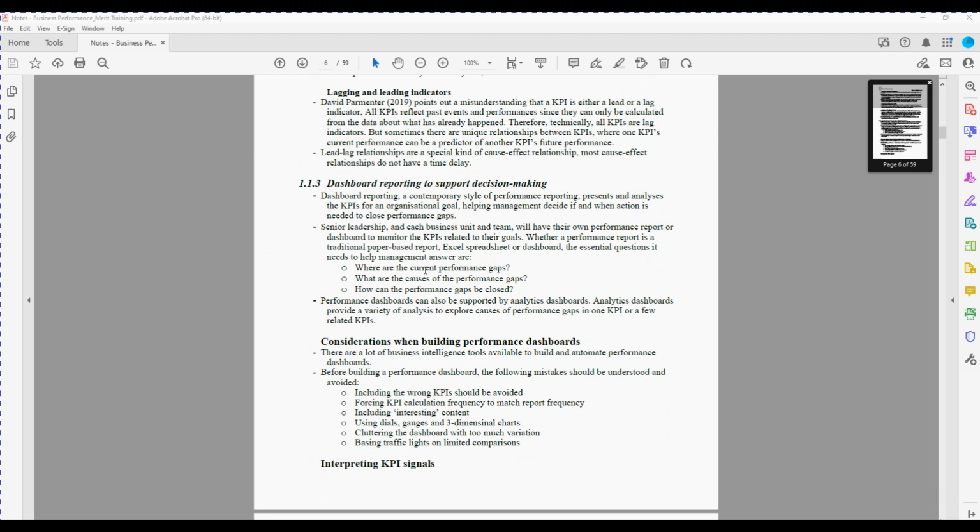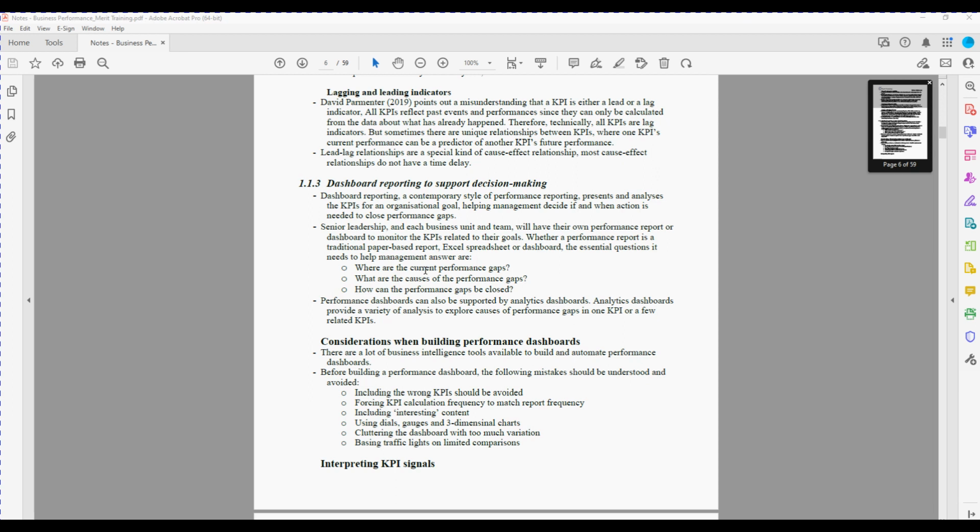So a common way that people and management monitor these KPIs is they set up dashboards. This is often done in Power BI, for example, but it's a visual screen which shows data in charts and forms. And it needs to be customized so that the relevant person in the organization has their own customized performance report that's relevant, because